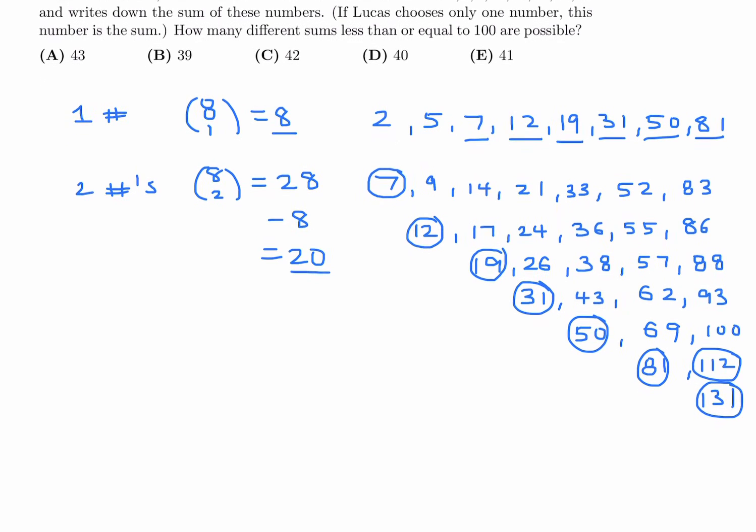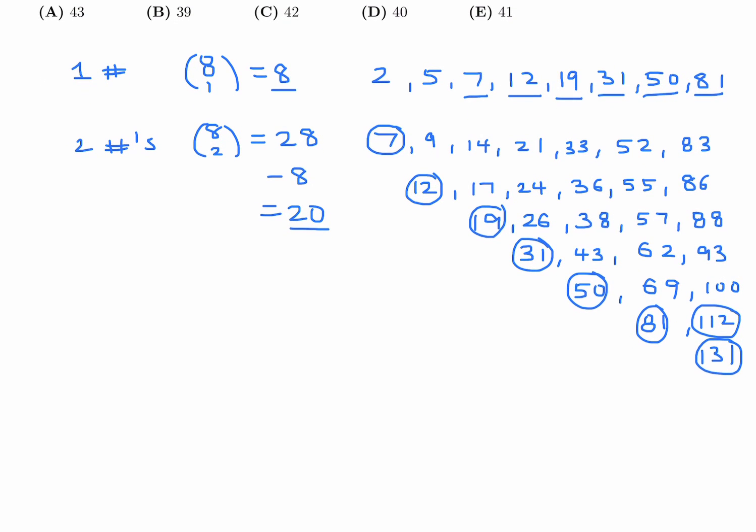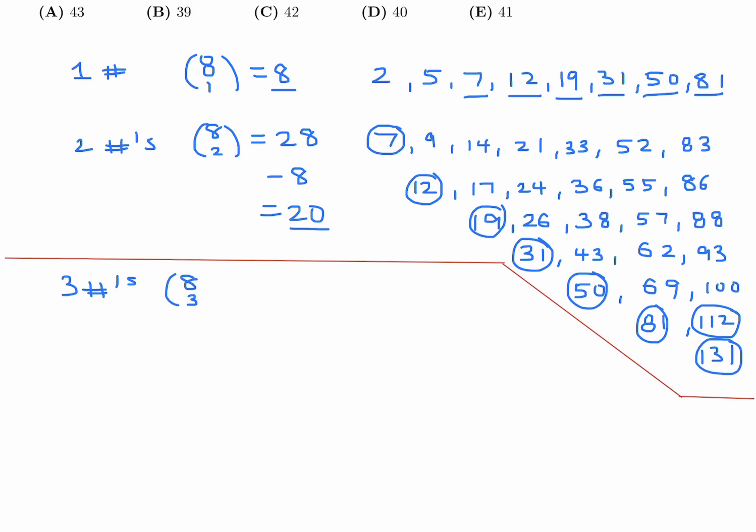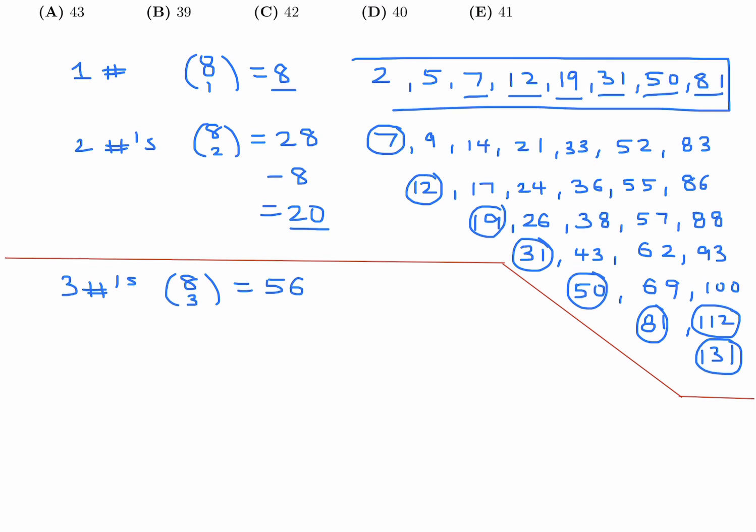Now, we have to do the same thing this time for 3. Now, for 3, it will seem quite time-consuming, and it is. But the good news about this question is that there's a shortcut. We have 3 numbers now. Well, 3 numbers is 8 choose 3. 8 choose 3 is actually 56, so that's a pretty big number. Quite a few combinations. But the good news is, due to the nature of this list,